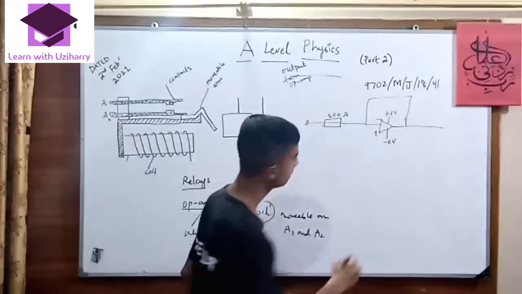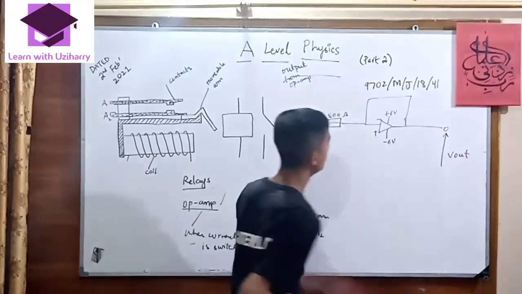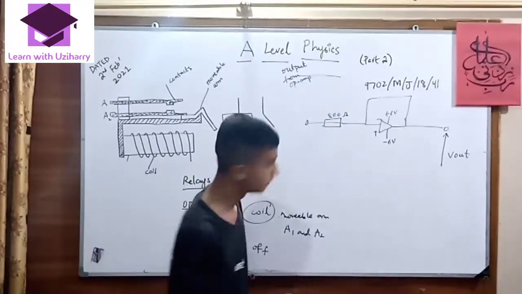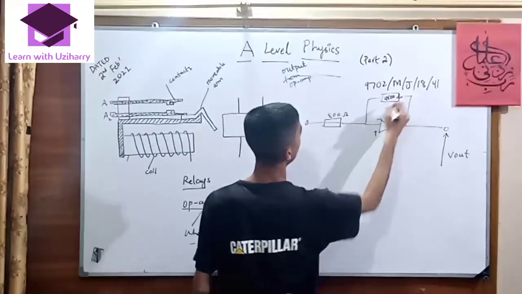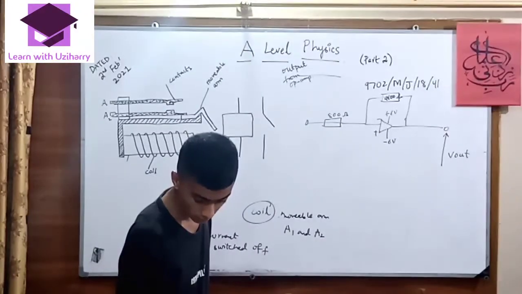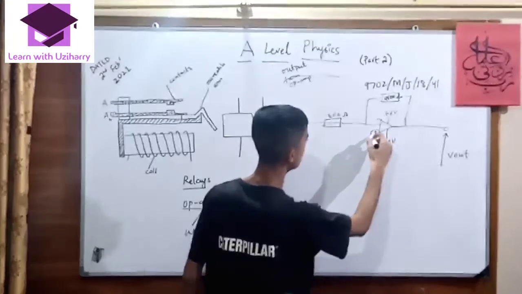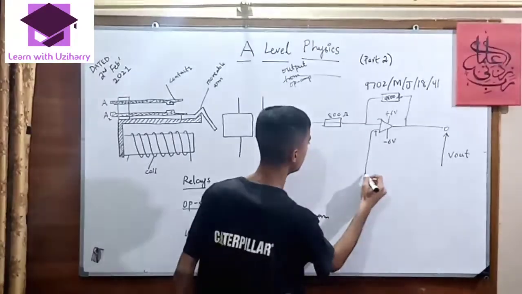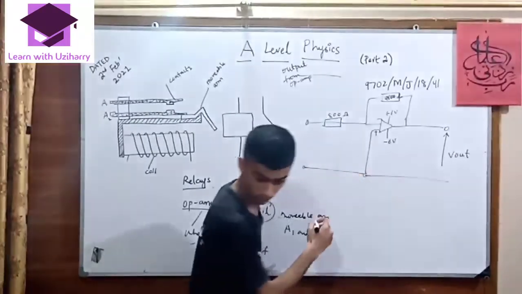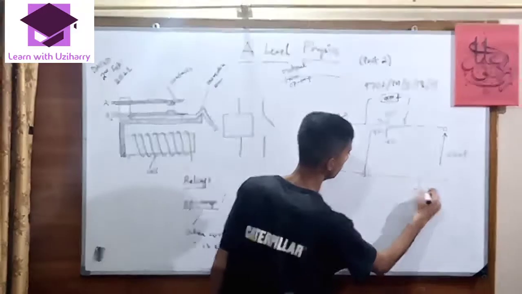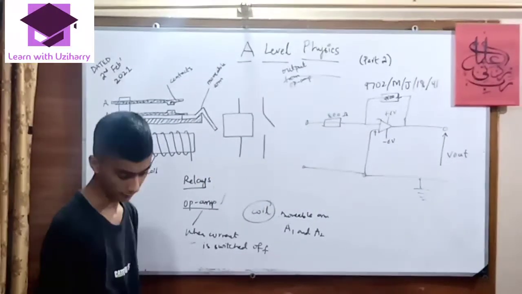And here we have the V out as well, and this is the output resistor given over there with a reading of 9600 ohm. The diagram is completed with the earthing over there. Now the question asked is: calculate the gain of the amplifier circuit.